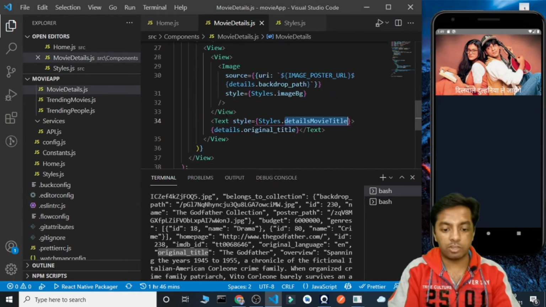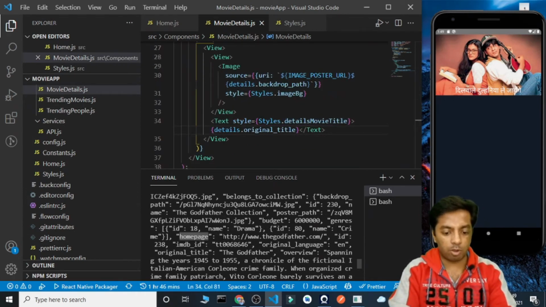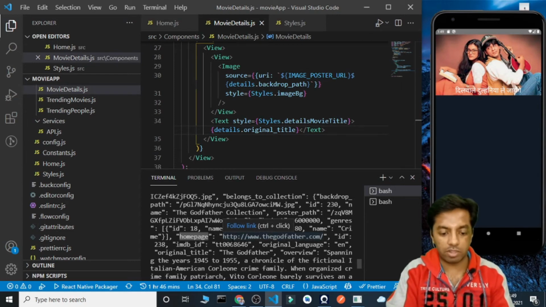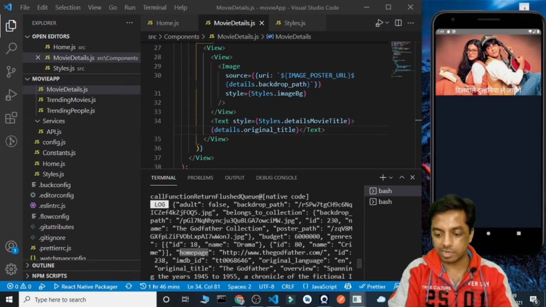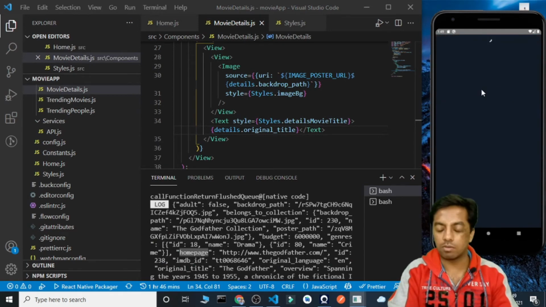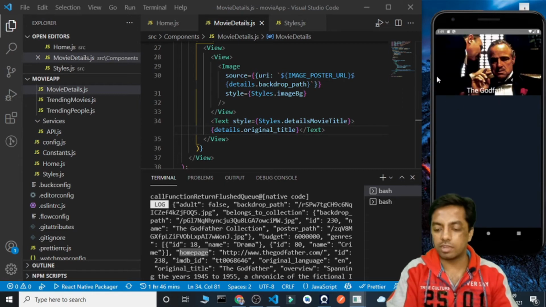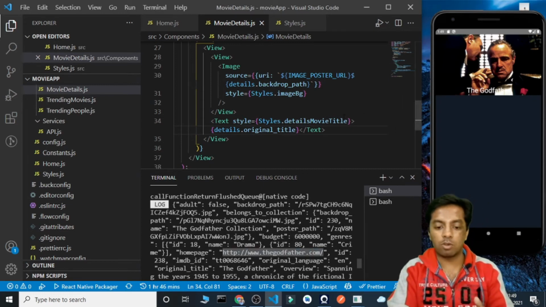Now another thing that we need to do, we need to add the link. So what link? So there is this homepage property. So this is the link of the particular image. So this is like the Godfather that I'm getting. So like this data was for Godfather. So let's just navigate to that here, Godfather. Okay. So the Godfather and the title here. Okay. Now this homepage. So this is the link of the particular website of this home Godfather.